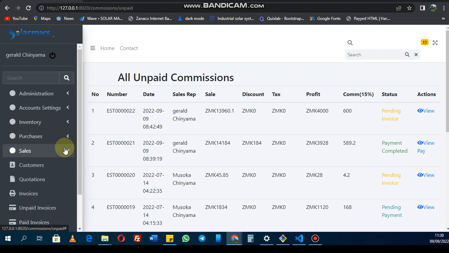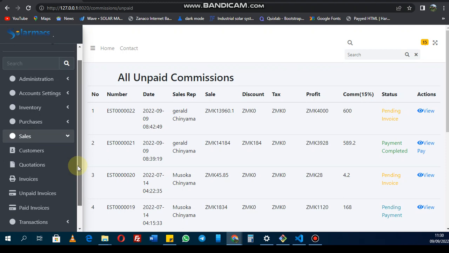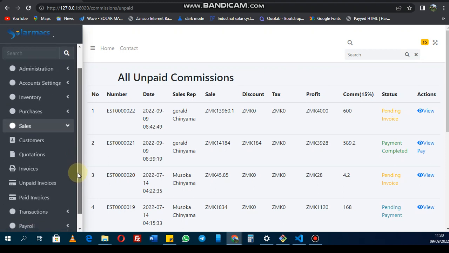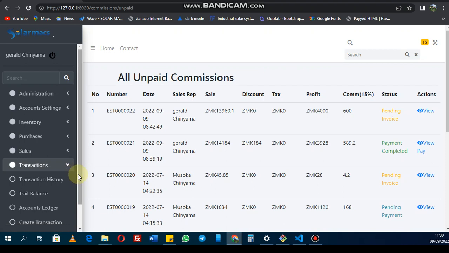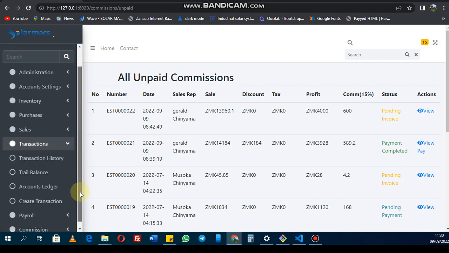And on the sales side, we can manage our customers. We can create and manage quotations, and those quotations can be generated into invoices. We can view paid invoices and unpaid invoices. That's on sales. And then on transactions, we can view the transaction history, the trial balance of our system, the accounts ledger, and also we can create manual transactions and move funds from one account